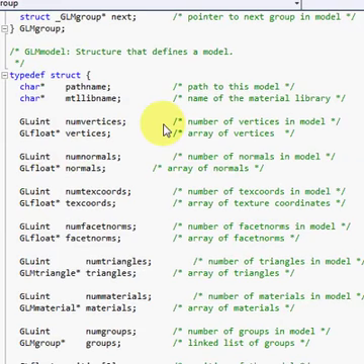It has the pathname of this model, the name of the material library, the number of vertices in the model, the array of vertices, the number of normals in the model, the array of normals, the number of texture coordinates in the model, the array of texture coordinates, the number of facet normals in the model, and the array of facet normals,